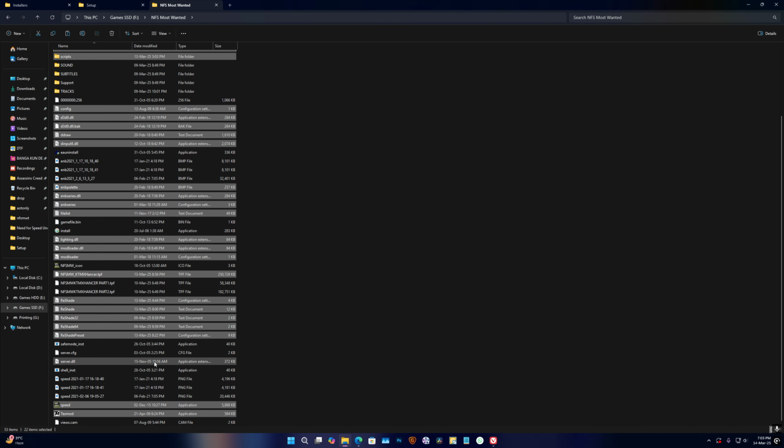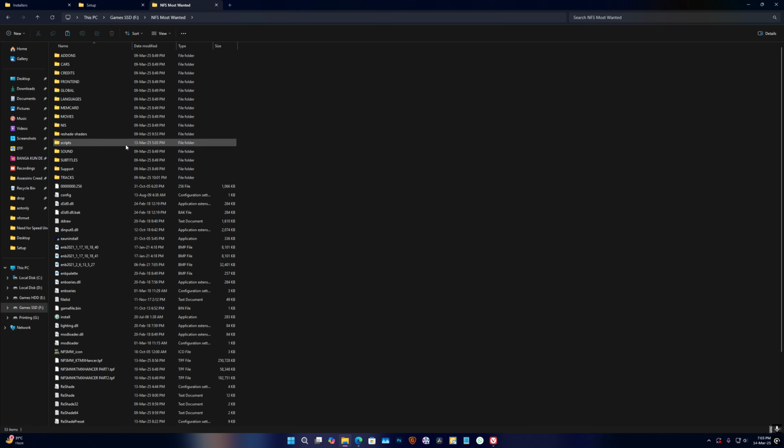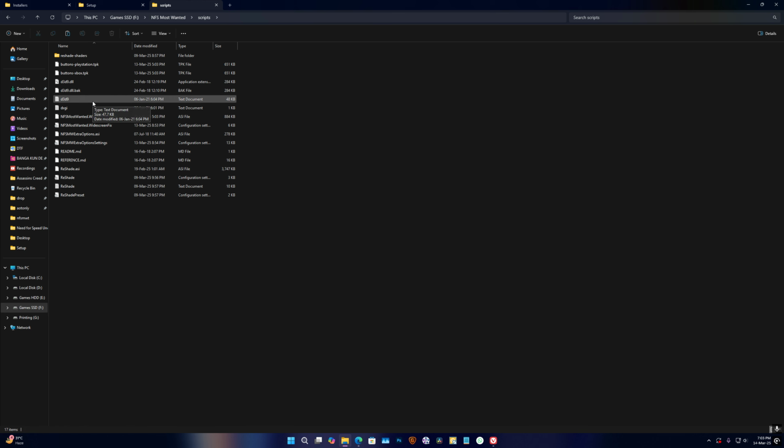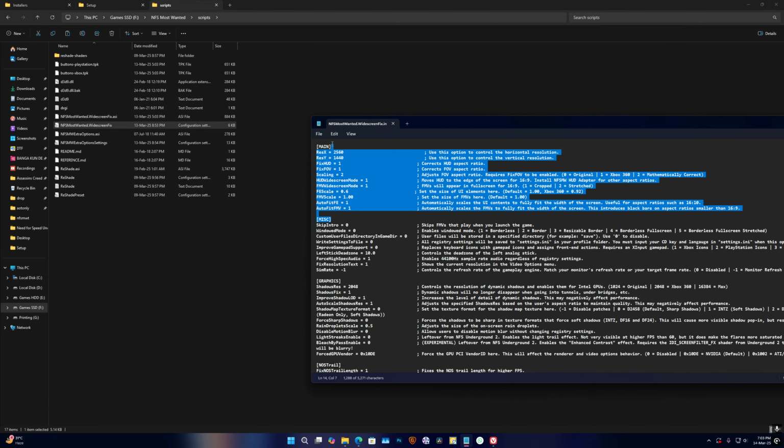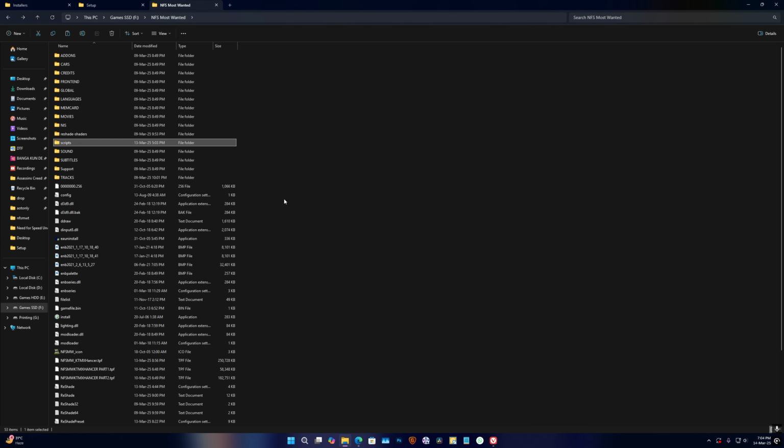So once you have all these files, let's head into script. Why? Because you might need to adjust a little bit of widescreen fix. The settings I have used in here are really good, except the only thing you're gonna change are the resolution values, because these are perfect. This always fixed the FOV and UI issues. After that,